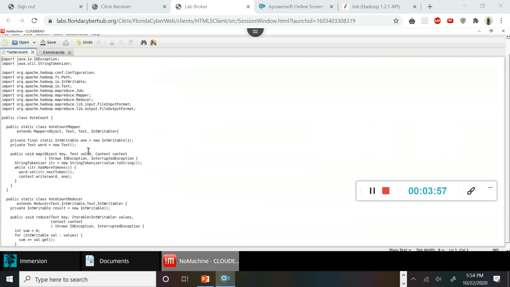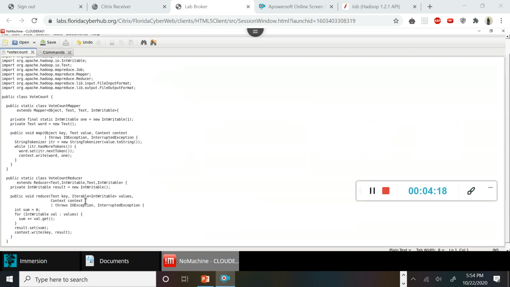During the voting process, when a vote is cast, this mapper program is going to write it as a key value pair, like candidate 1. For example, it takes Trump 1. Then it is given as an input to the vote count reducer class, which extends the Reducer class. This class accumulates the candidate names and their votes and forms a key value pair of candidate and the total number of votes. For example, if 8 votes have been cast for Trump, it will give Trump 8, for the number of hits the name has incurred.